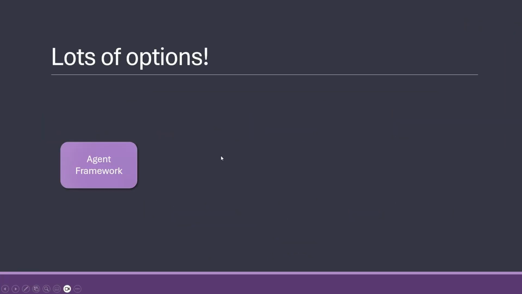Because, as mentioned, there are lots and lots of options here. The agent framework has this workflow, which is kind of odd because you could use any other workflow, but it has some niceties around AI and agents, but they could technically have been 2 different products in my mind.